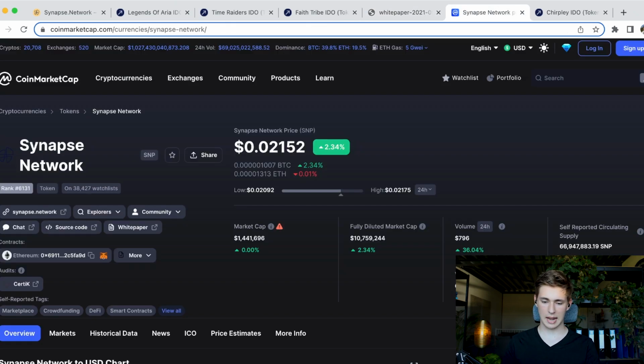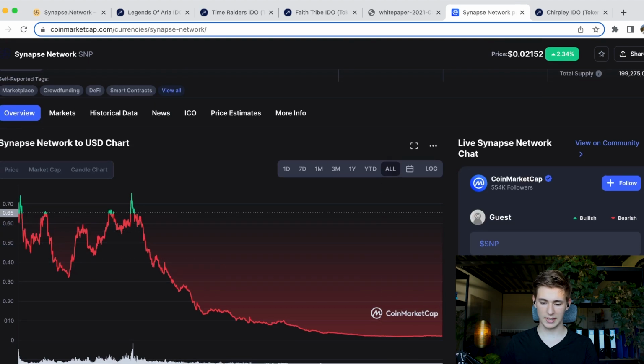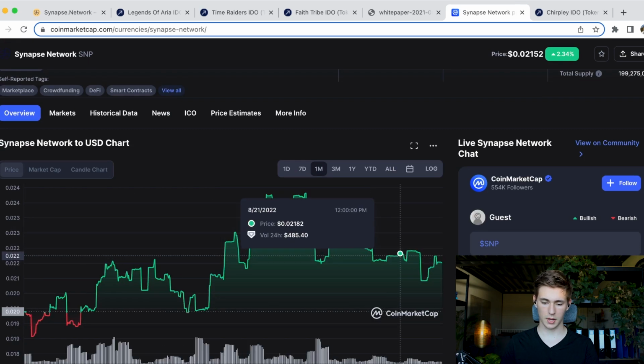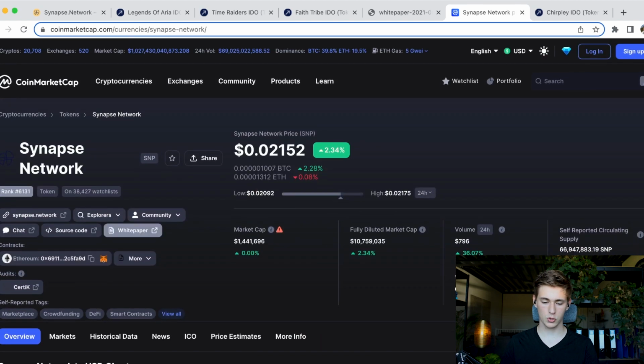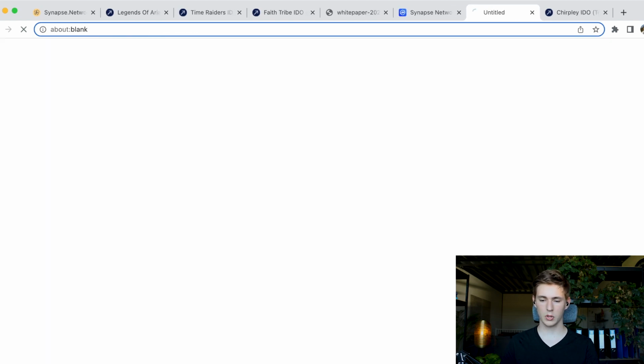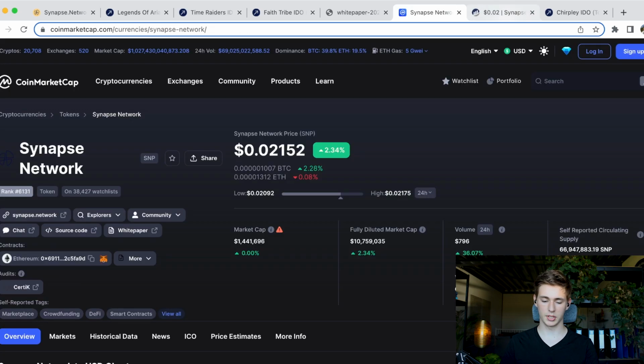So as it stands right now, the token is going for 0.2 cents. So for 2 cents, that's not that high. Market is in the green though, recently upped by 2.3%. And the volume is very low, however. As you can see, only around $800. Now it does depend per day. So sometimes the volume is above 1,000. Other times it's only a couple of hundreds. So overall, low volume usually means more volatility.